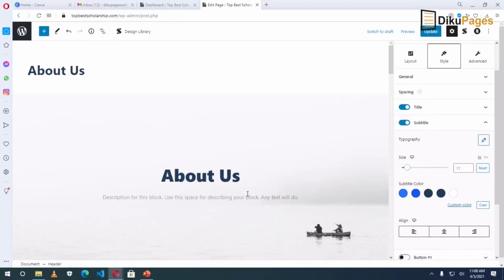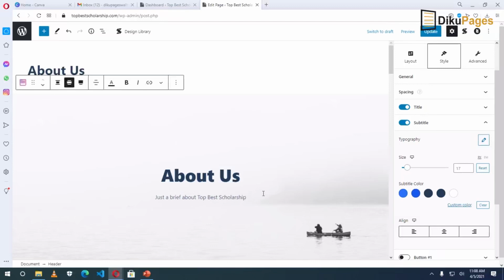So I'll say just a brief about top best scholarship. Okay, so all this you can customize them at your own time, and you can change the colors from